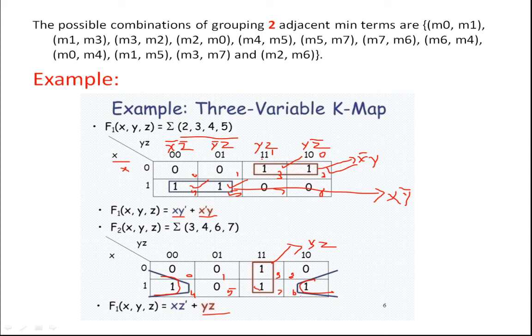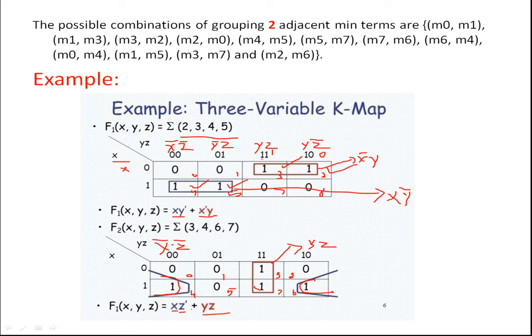So here you can see for these two ones we have one here, that is x. So x will be a part of my expression, and for this one it is yz, and for this one it is x y z, that is y bar and z bar. So what is changing here? The value of y is changing, because here y is 0 and here y is 1. So the final value we have is z bar. So the final expression in the function f1 will have x z bar and y z.